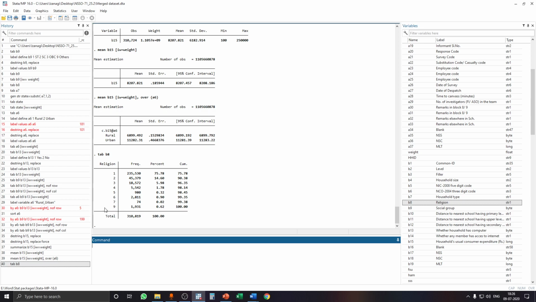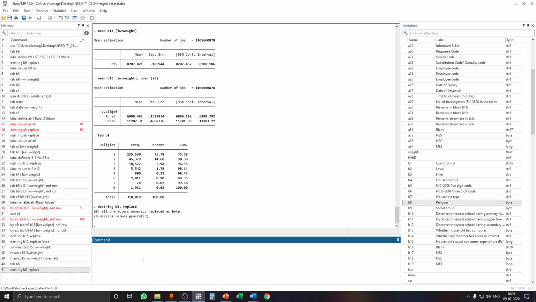So this is what we are going to do, we're going to recode it. But before that we have to destring the variable. So destring b8, comma, replace. Now the variable has been destringed and the type has been changed to byte. Now we want to recode. So the command to recode is